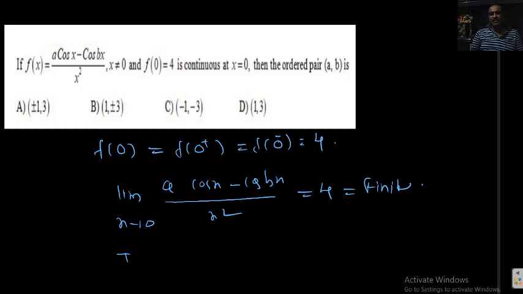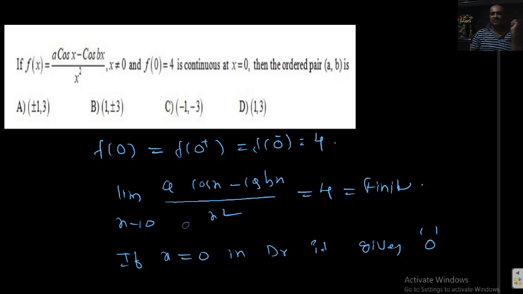If x equal to 0 in the denominator, it gives 0. Put 0 here. While substituting x equal 0, the numerator should give 0 only, a 0 by 0 form, then only the result should be finite, no? If this is giving 0 and the numerator gives a finite value, some 7 by 0 is undefined, no? But our result is finite. That's why, for x equal to 0, the denominator is 0, so for x equal 0, the numerator must also be 0 only.